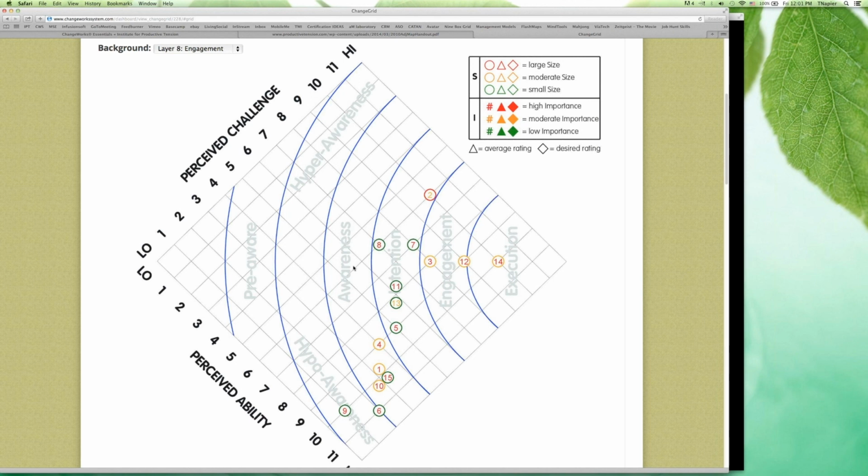I need to now get moving, and so I go from awareness into having an intention, and then I move into engagement and start actually moving, doing those things that need to be done until I can ultimately finish whatever I've started. Now, awareness has a couple of rather severe expressions as well. We pulled them out just to bring a little more attention to where they occur. But hyper awareness and hypo awareness, in just a couple of moments, I will tell you what those all mean. But you get the idea.